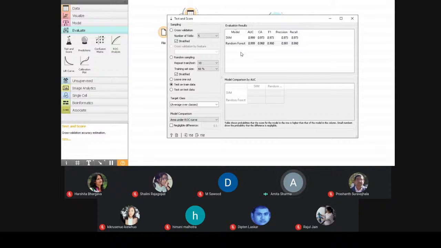Now here you can simply compare your models using this table, and you will get to know which model is working better on your particular data. Okay, and there are also other options available. Since I'm using the simple training data, where we have the values for features as well as for the target, we are working on the trained data. I selected this. If you want to work on test data, you're going to select this option.